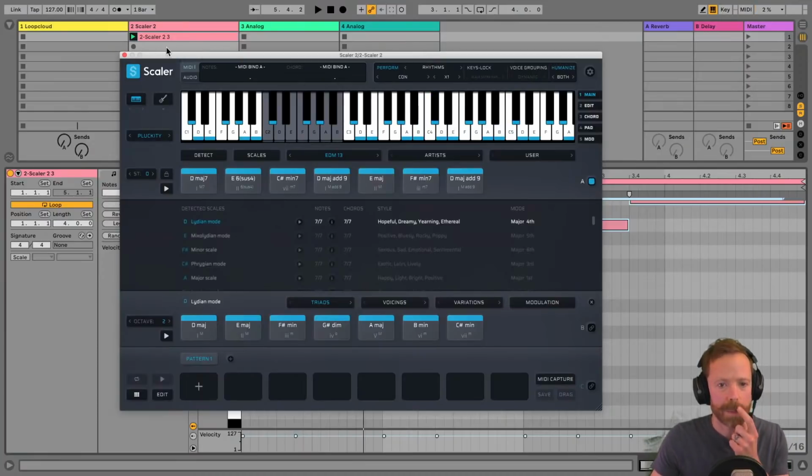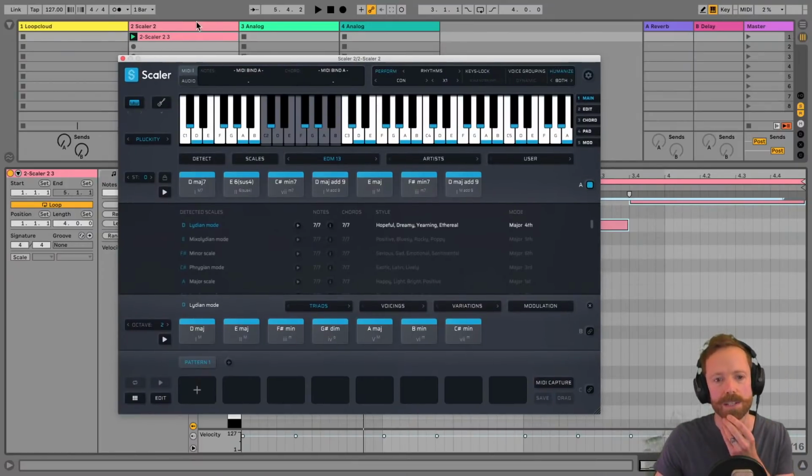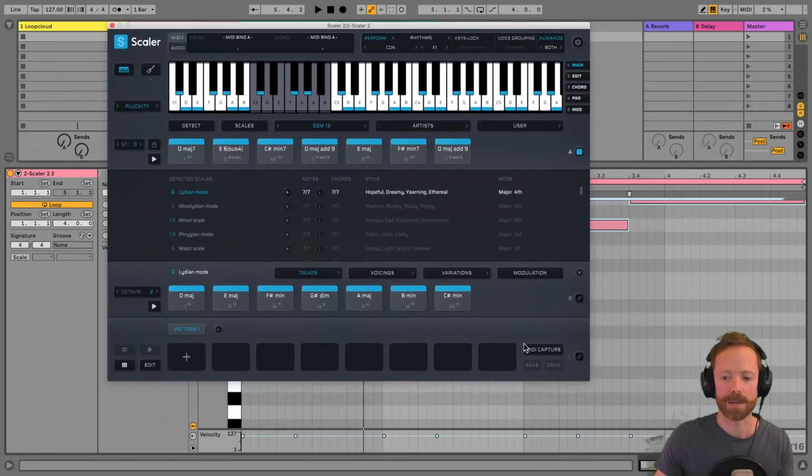And once you've got your pattern there, there's different ways you can get sound into your project. You can use it to play another instrument. You can just record in the audio. You can do all sorts of stuff. But the way we're going to do it is by capturing the MIDI, which is one of my all-time favorite features that came in, I think, with version 2. So we're going to hit MIDI Capture, hit start, and it will just record this particular performance.